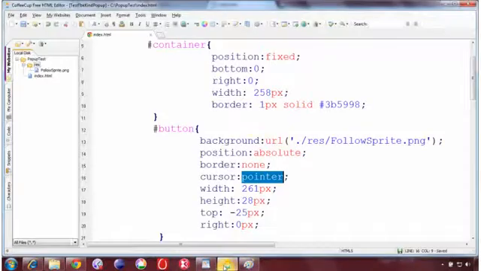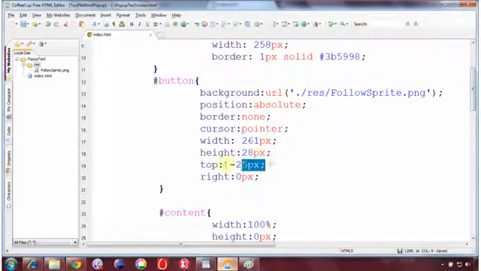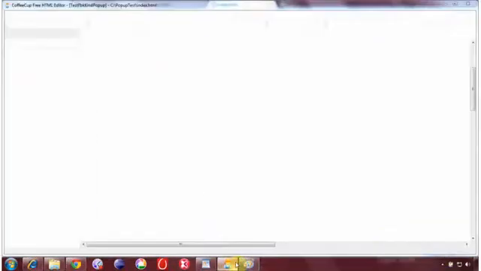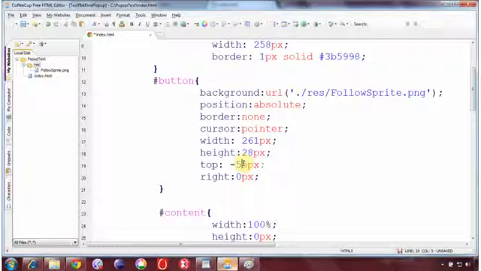When it comes to this position, all I allowed, if you remember, for the button is the location from top minus 25 pixels, so that it appears over here. You see here, I specified for the button part clearly top minus 25. If I remove this part, the button inside the container will disappear, it will go down. Let me change it and show it to you. If I say minus 50, it will come a bit up.